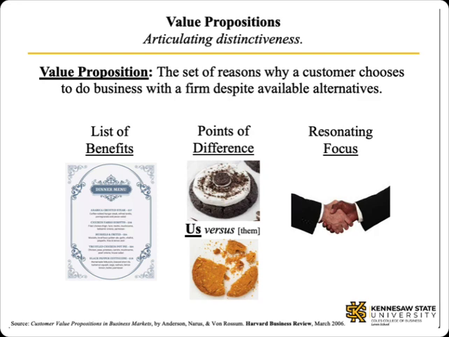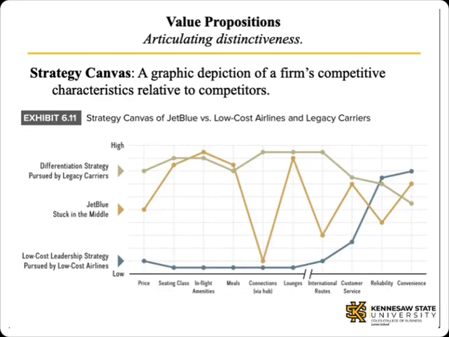In the restaurant example, this might happen when the restaurant goes beyond just offering good food to building good relationships, such as when employees greet you by your name and preferred meals and make you feel at home. At the end of the chapter, the text discusses one of my favorite strategic management tools, the Strategy Canvas. The Strategy Canvas visually depicts the differences between firms in a way that highlights their choices about generic strategies.